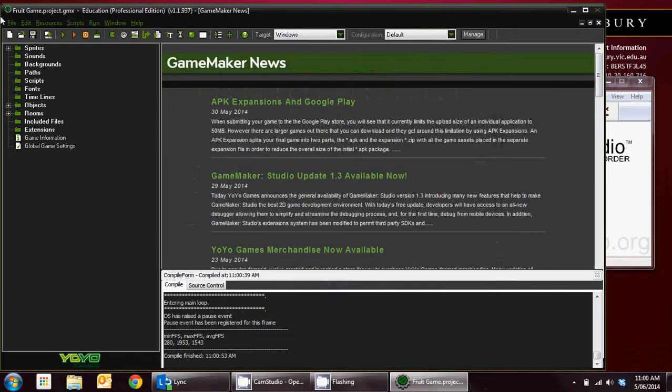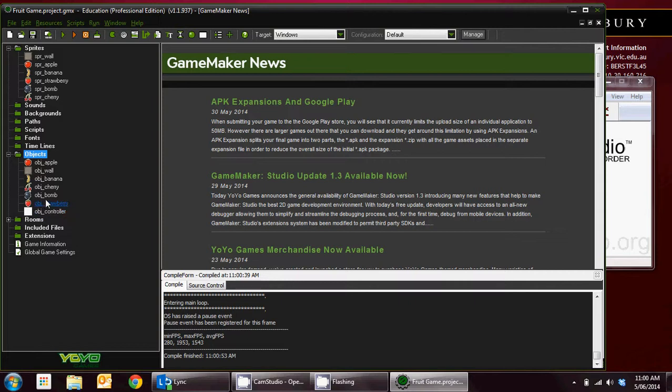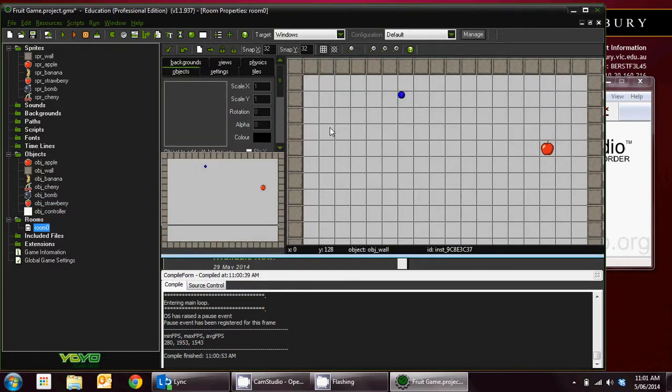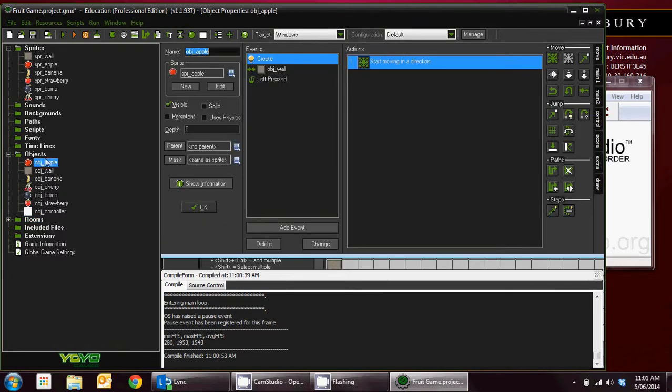So, what else we did? We had sprites for all of these objects here. We also set them up as objects. So remember, sprites are just the image. The object is what you put into the room. Speaking of room 0, and the rooms are just the levels. Okay? Now, as far as the code goes, if we go to Object Apple, we've